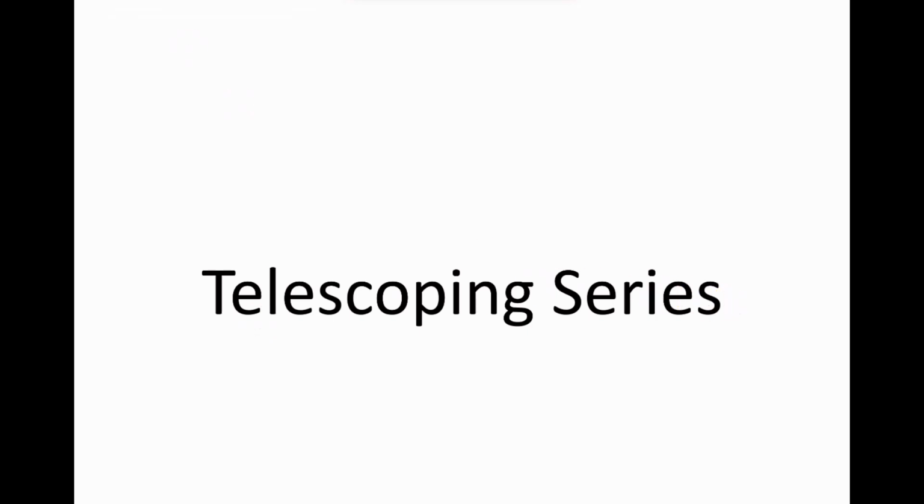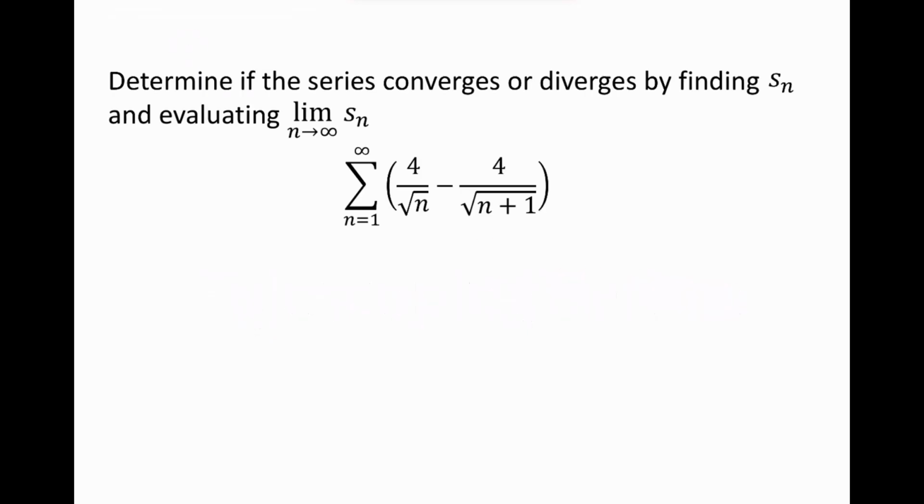Telescoping series. We're going to jump right into an example. We want to determine if the series converges or diverges by finding S sub n, the formula for the nth partial sum, and evaluating the limit as n approaches infinity of S sub n. So we don't typically do this. It can be kind of difficult to find a formula for the nth partial sum, except in the case of